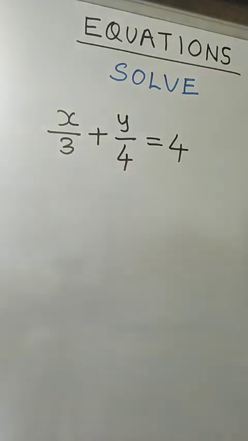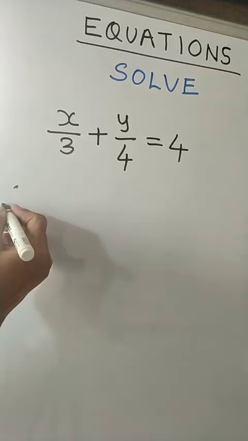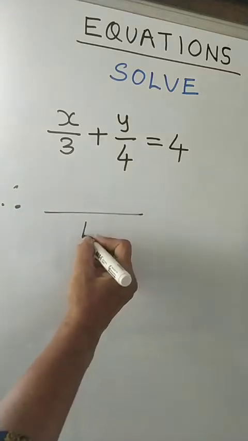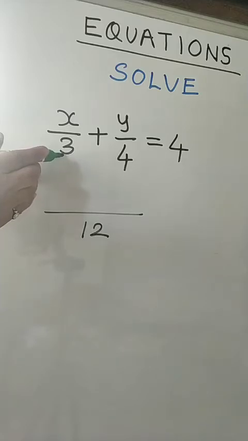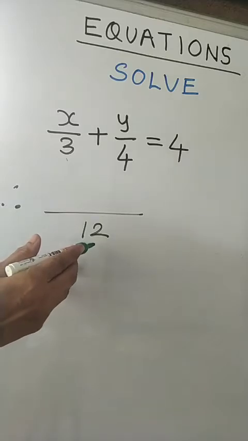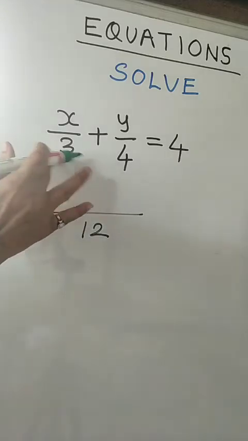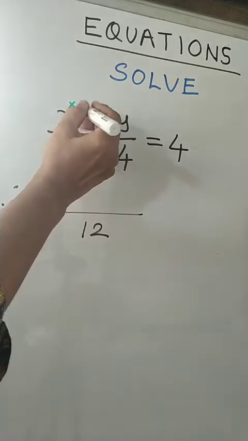3 and 4, we will take LCM. What is LCM of 3 and 4? It is 12. So in the next step we will write 12 in the denominator. Now once 12 is written in the denominator, all we have to do is look at the first denominator of this fraction, 3. 3 how many is 12? 3 fours are, and therefore I write multiplied by 4 over here.